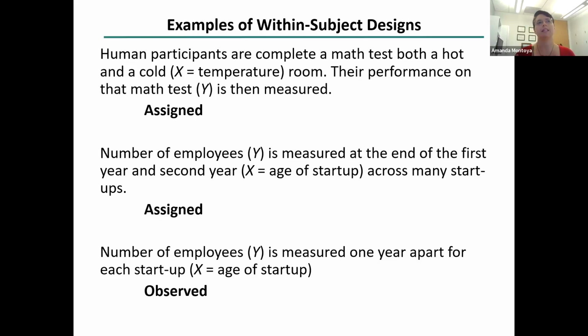So I think part of this is that the language of assigned and observed is often used in the case of between subjects designs, and it has been ported over into within subjects designs, but has slightly different meaning, which is one of the reasons why I wanted to point this out early in the workshop, because it is very important for the way that we move on. Super cool. So you can see how some of this is a little bit more ambiguous in within subjects designs. And I think it's not as common for us to think about designing studies in this way, but it will be important for the way that we conduct our analyses.